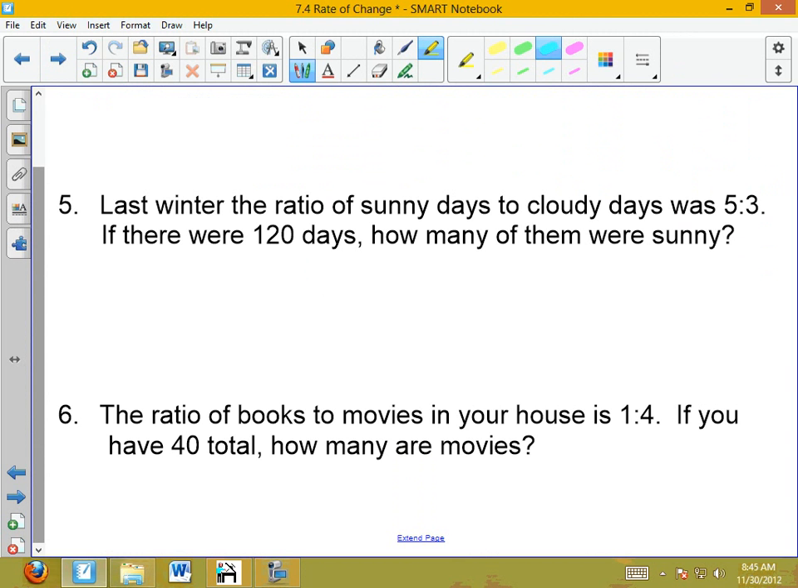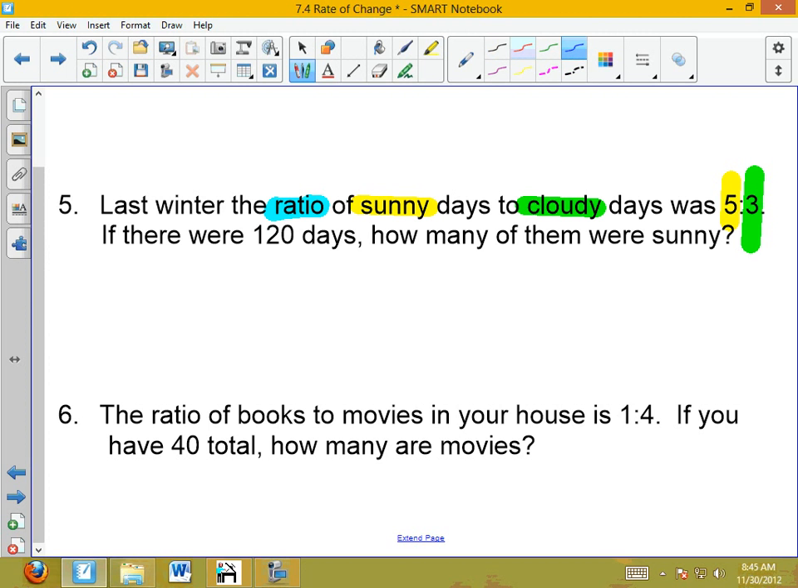Now we get to number 5. The difference with number 5 is we're talking about a ratio. When you have a ratio, last winter the ratio of sunny days to cloudy days was 5 to 3. If there were 120 days, how many of them were sunny? Okay, sunny days. Sunny is the first word, so the first number represents sunny days. Cloudy is the second word, so the second number represents cloudy. So what this says is,